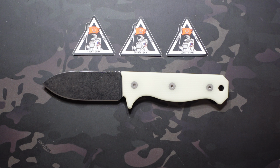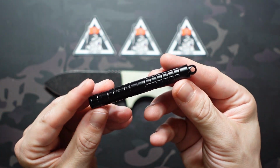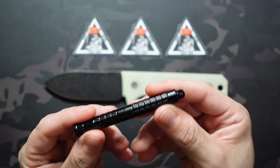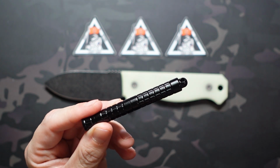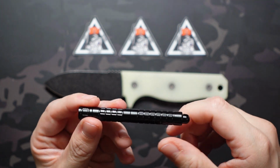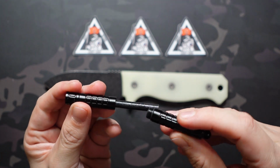Next item I ordered was the SHTF Survivalist Fire Kit. If you're not familiar with what that stands for, SHTF stands for Shit Hits the Fan. So kind of marketed towards preppers, but perfectly fine for campers. In fact, Exotac makes a product very similar to this that is marketed towards campers, and so will work well in that capacity. Now, basically what this is, you unscrew it and it exposes a ferro rod that's being protected